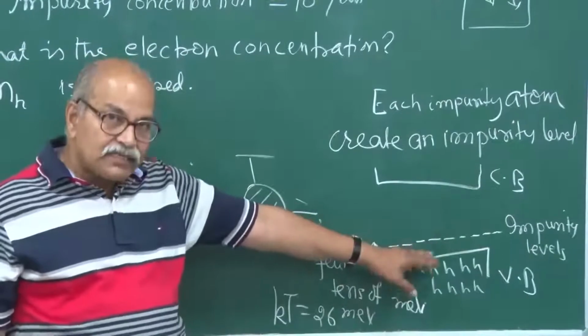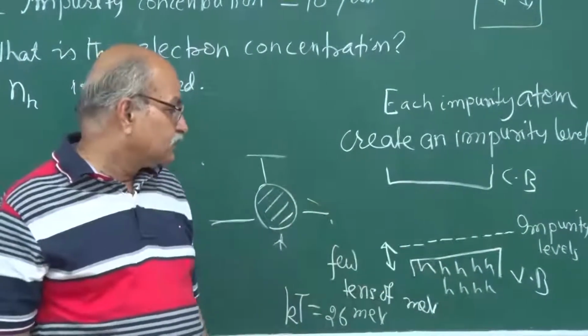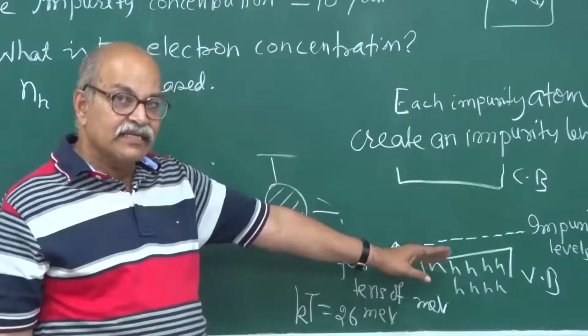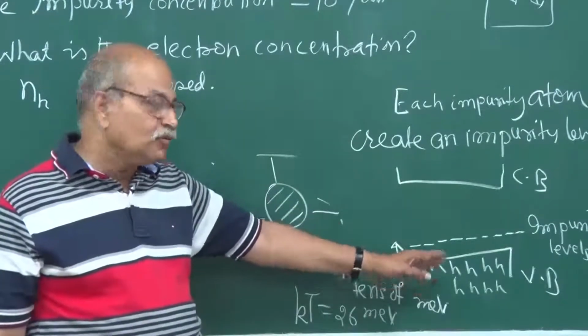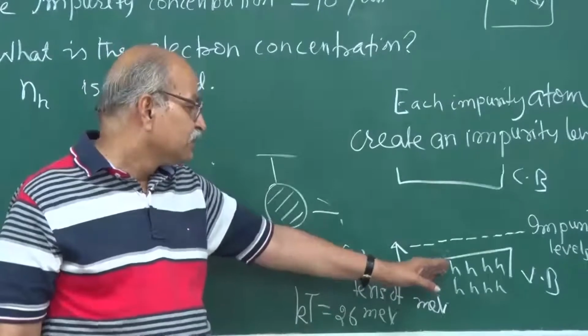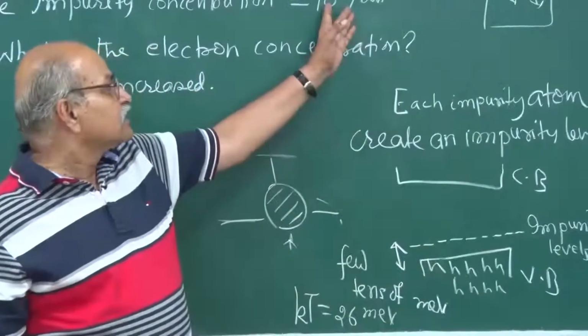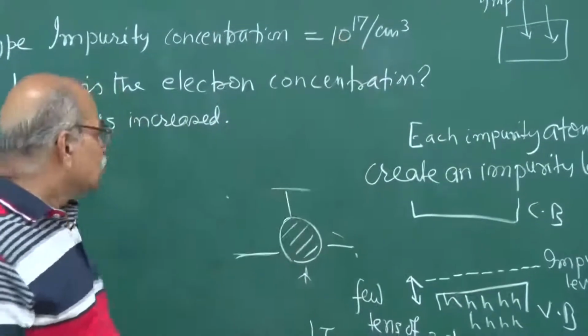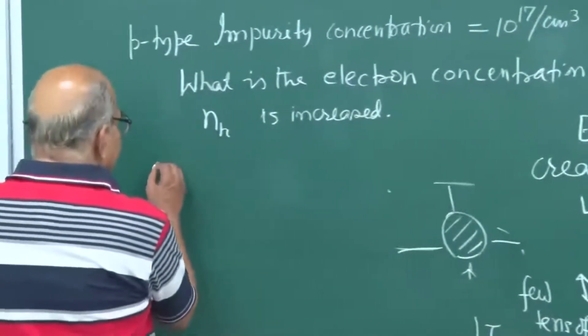So quite often the electrons will fill that gap and holes will be created here. So almost the whole concentration will be the same as the concentration of this dopant impurity here. So I can take this NH to be